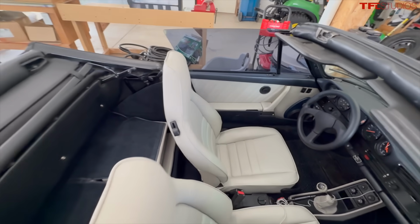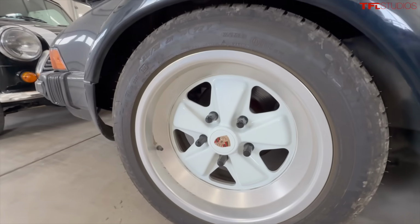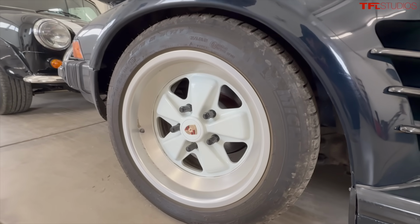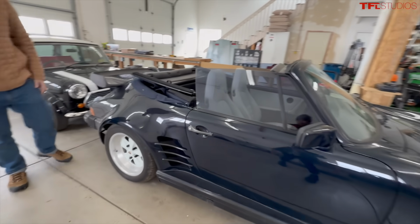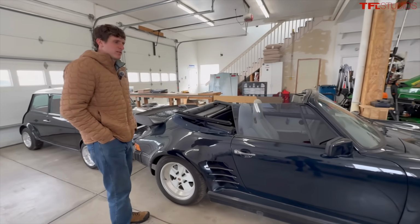And then we went ahead and sourced these Fuchs, these white Fuchs, which really transform the look, wrapped in these Michelin tires, 225/50 R16s, by the way. This car has this really nice wide body stance. It's got the whale tail. So we're probably in this car, I don't know, 60, 65,000. It's probably worth not quite that,